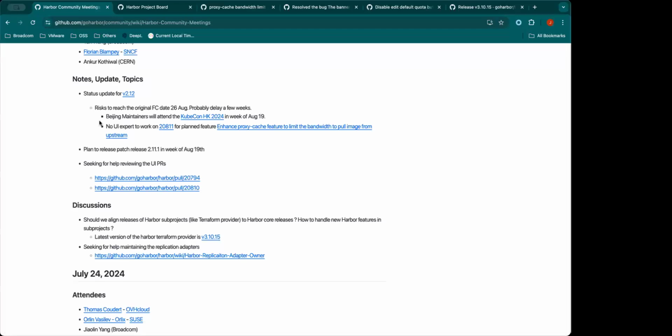By the way, when there is an RC build for Harbor and we tag the RC, we should prepare the release note. If the release note is relatively accurate, at that time you can read it to understand what outstanding features may impact your Terraform provider and make changes. You should have sufficient time to make adjustments, because between the first RC and GA there should be a few weeks.